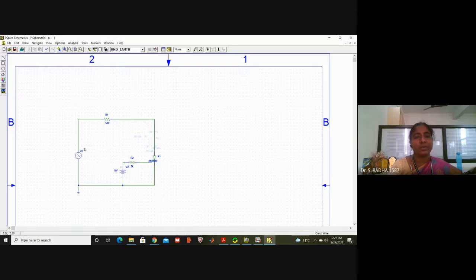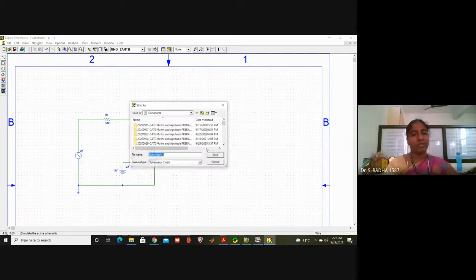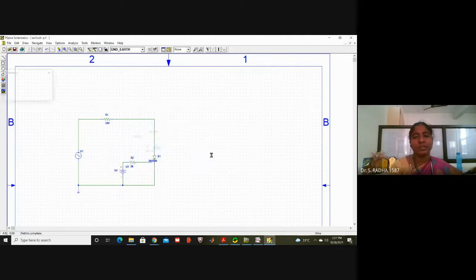This is the circuit. You can take a photo of the circuit if you want. 500, then 2K. This is VDC 5. And here V sine, we have given V amplitude alone 12 volts. And transient setup 0 to 100 milli we have given. And just I am simulating the circuit. Name of the file, I will give SCR3. SCR3 is my file name. Save.